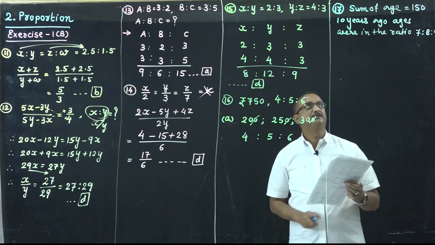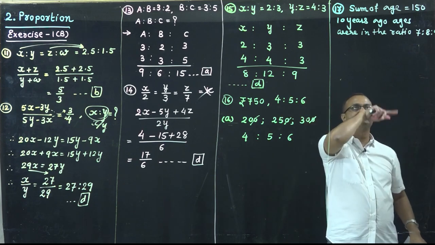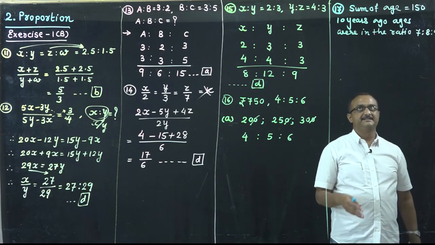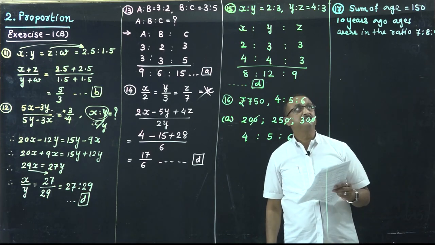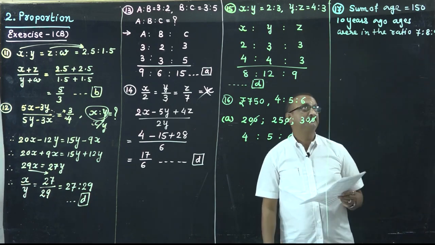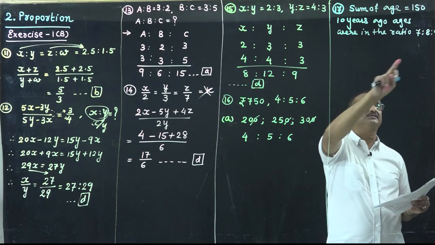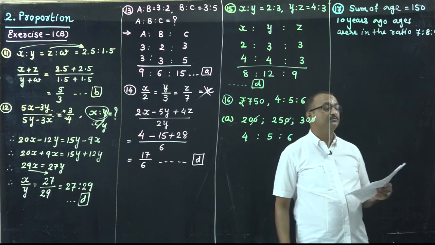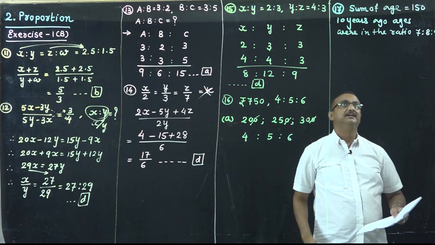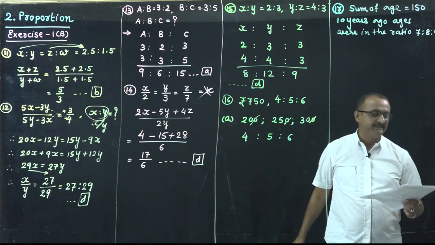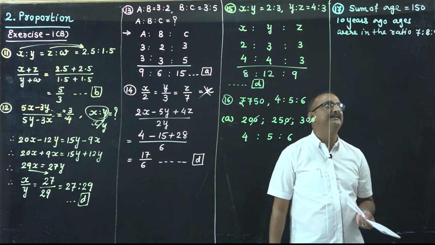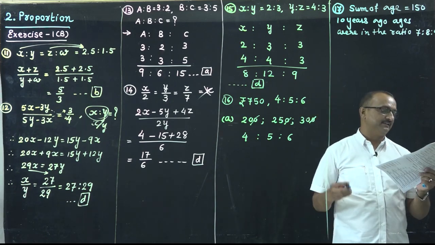ચાલો તો ક્વેશ્ચન આ રીતે, sum of age of 3 persons is 150 years, એટલે કે 3 વ્યક્તિઓની ઉંમરનો સરવાળો 150 વર્ષ છે. 10 years ago their ages were in the ratio 7:8:9. એટલે કે 10 વર્ષ પહેલાં તેમની ઉંમરનો રેશિયો 7:8:9 હતો. Find their present age. તો અત્યારની એની ઉંમર કેટલી છે એ આપણે ફાઇન્ડ કરવાનું છે. ચાલો તો આપણે બે રીતે સોલ્વ કરી શકીએ કે બાય ઇક્વેશન. પણ બાય ઇક્વેશન સોલ્વ કરીએ તો ખૂબ લેન્ધી મેથડ થઈ જાય. તો આપણે ડાયરેક્ટ મેથડ જ લેવાની. ઓપ્શન એ